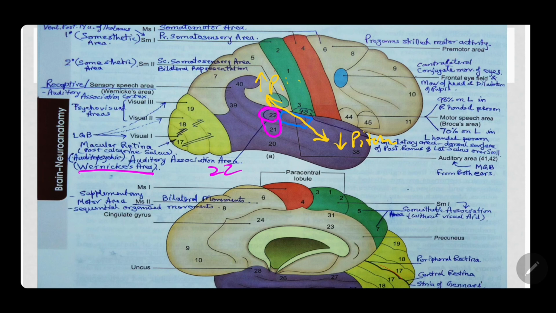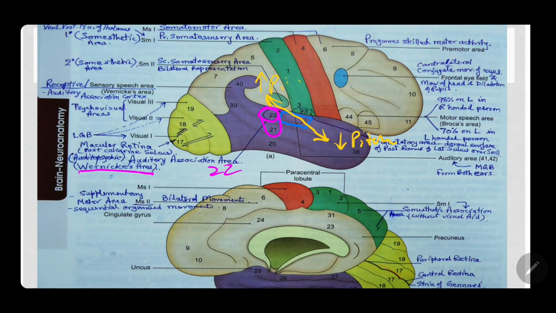So there is this complication now, exactly which area to call Wernicke's area. There is a lot of literature, a lot of research work people have done, but exactly which number to name as Wernicke's, either 22 or 41 or 31 or 21, this is a dispute. So we must not spend much time on this. That's just to give you an idea. If you are going to study deeply, you will find such queries arising in your mind. Okay, so that was about the auditory association area.